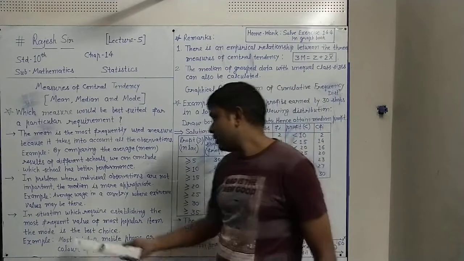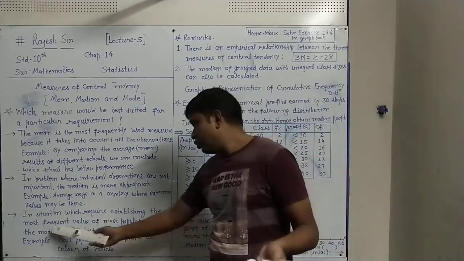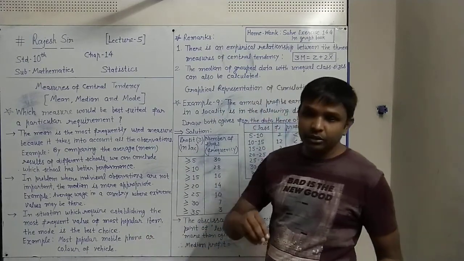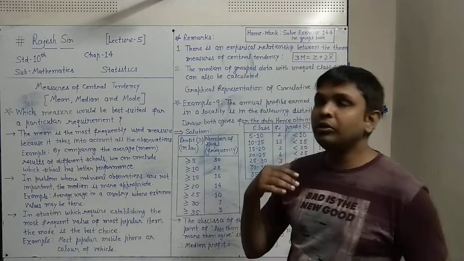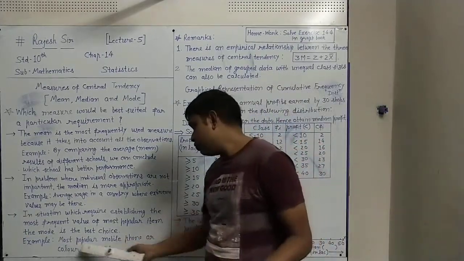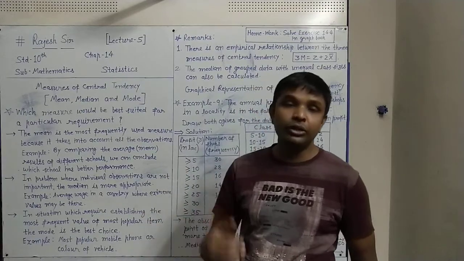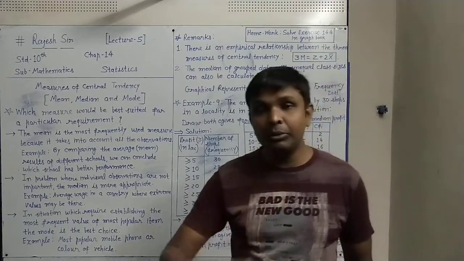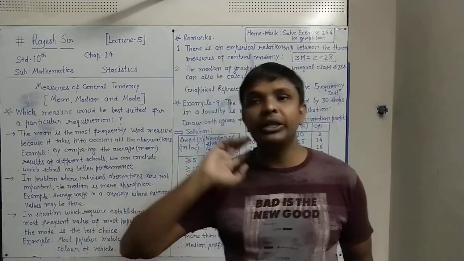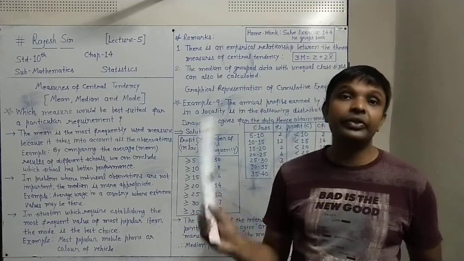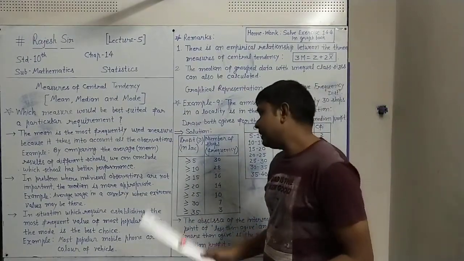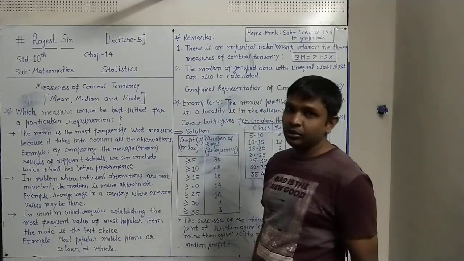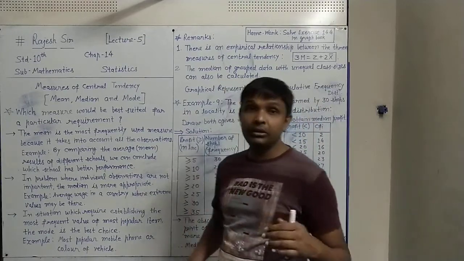And now third, the situation which requires establishing the most frequent value or the most popular item. When you want to find out the trend of anything in the market, for example the most popular mobile phone, or the color of the vehicle, how many times you see a color of vehicle, that is the trending sense if you want. At that time, mode is the best choice. Okay, and you know that mode gives the maximum times occurring observation.